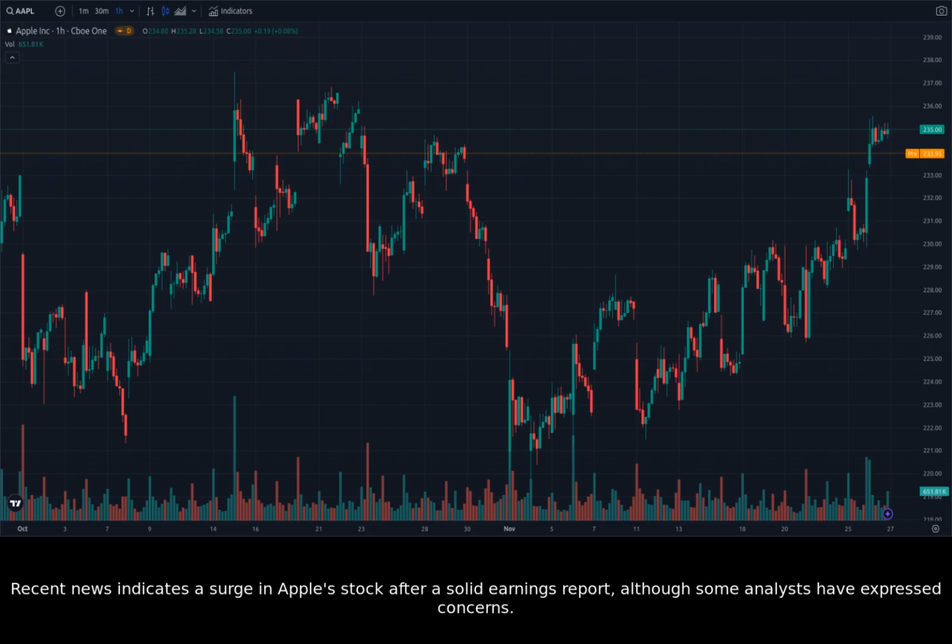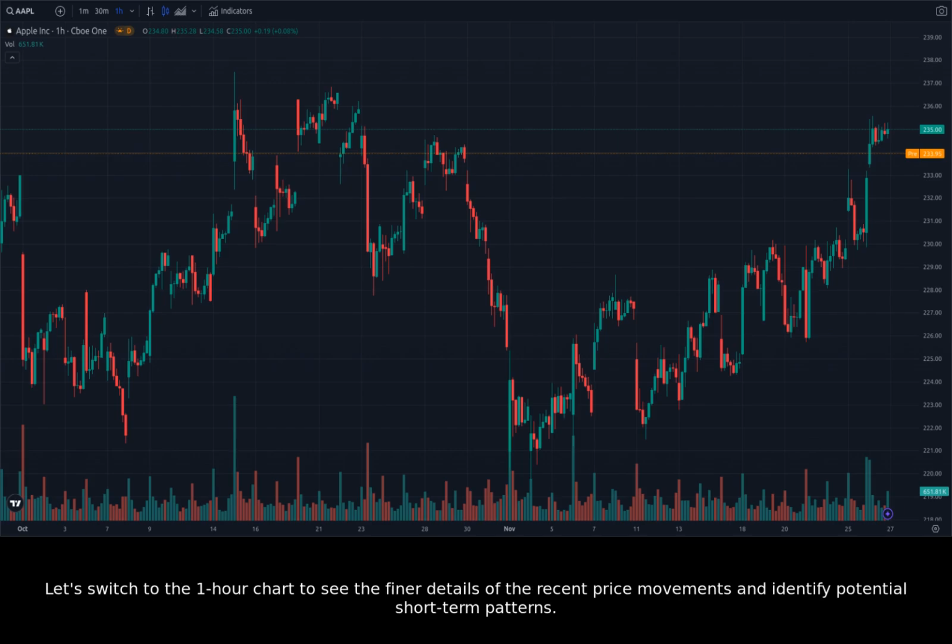Recent news indicates a surge in Apple's stock after a solid earnings report, although some analysts have expressed concerns. Warren Buffett's recent sale of Apple shares is also a noteworthy event that needs to be considered when examining price action. Let's switch to the 1-hour chart to see the finer details of the recent price movements and identify potential